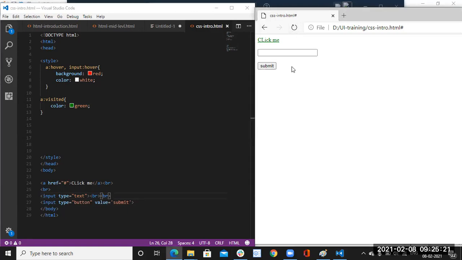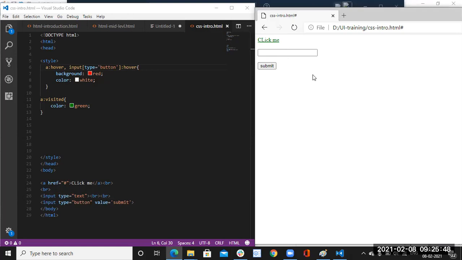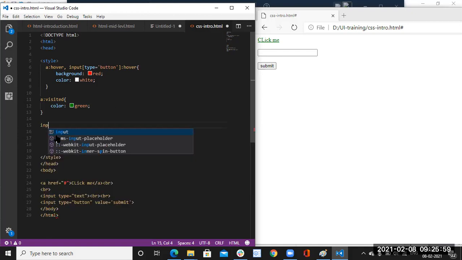Now what I am doing instead: I want it only for input type equal to button, right? We can write button. Only I want that hover effect for input type equal to buttons. So we are not getting that, because for buttons and click me links only we have written that hover effect.